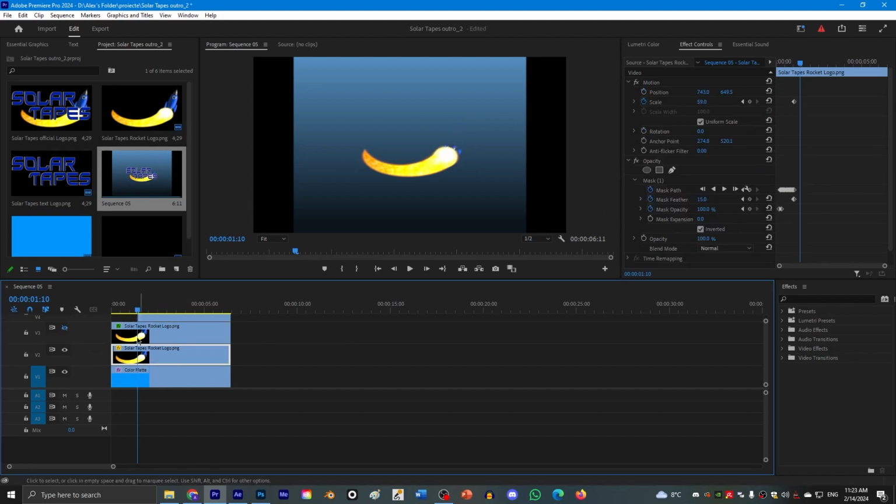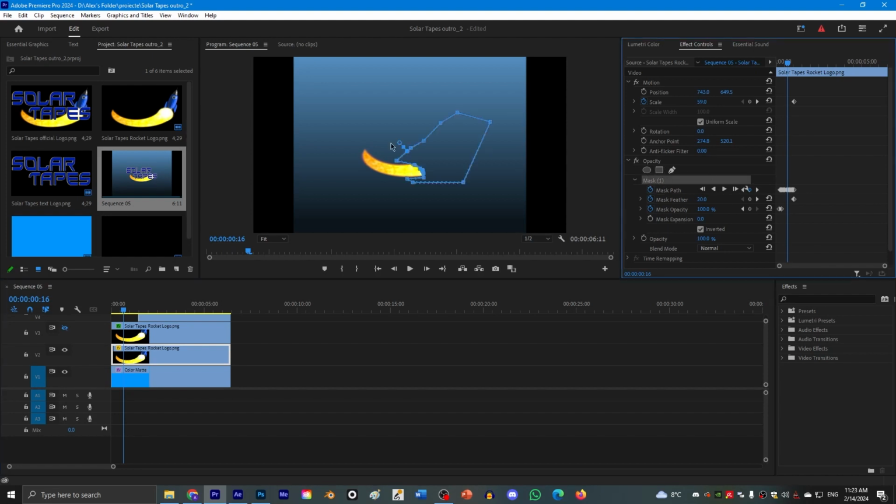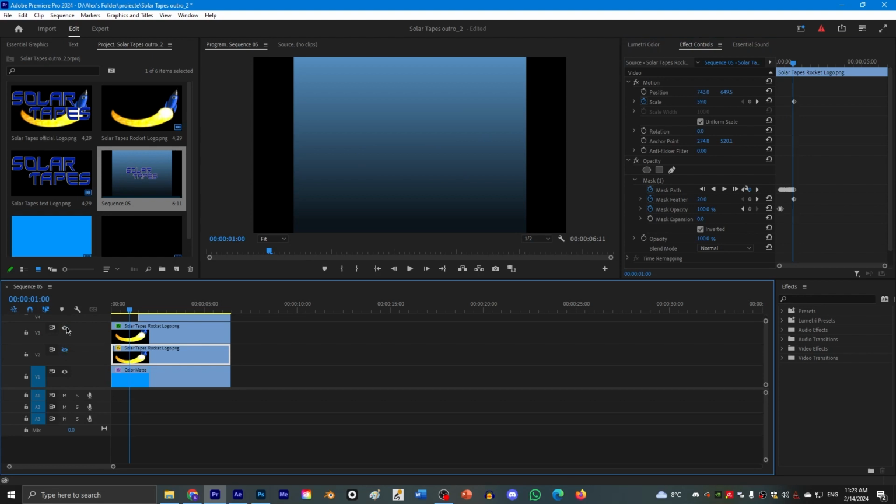So if we hide the second layer and just use the first one, we can see that is the animation of the fire appearing. So I applied a mask. I think I used a custom mask and I animated frame by frame to make it look like that. Then for the second layer, I'm going to hide the first one and only check the second one.